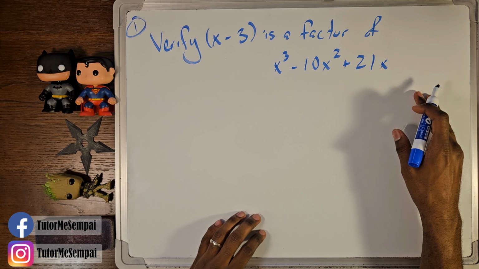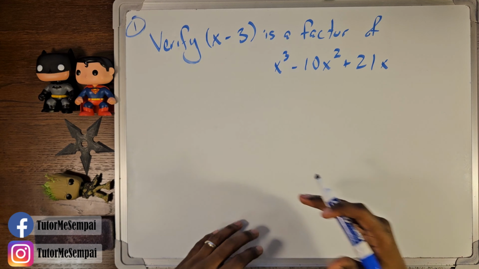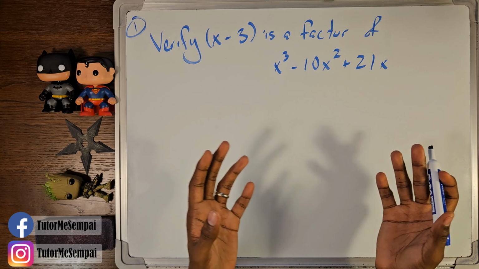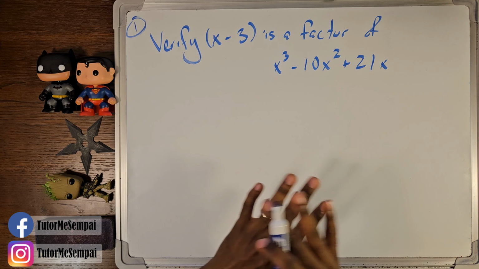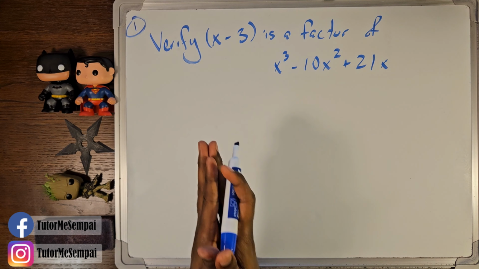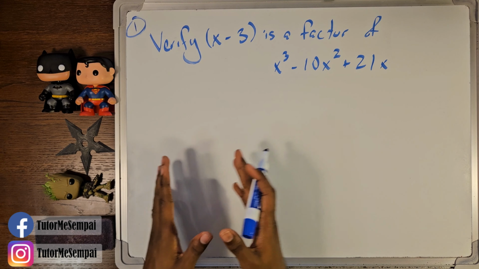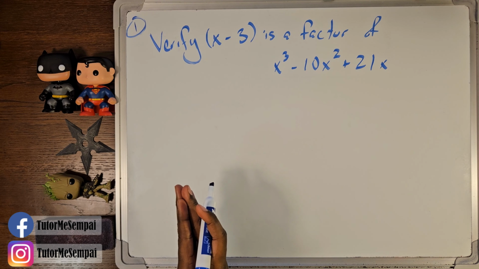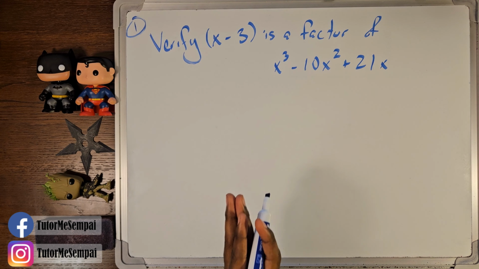Now, once again, you can factor this many different ways. Notice everything here is an x. So you can factor out the x, and then you're left with a quadratic, and then you have a lot of different things you can do there. But we don't want to have to do all that work. We just want to know, is x minus 3 a factor? And the factor theorem is going to help us do that by simply having us plug in